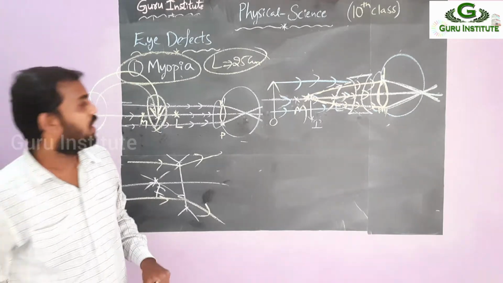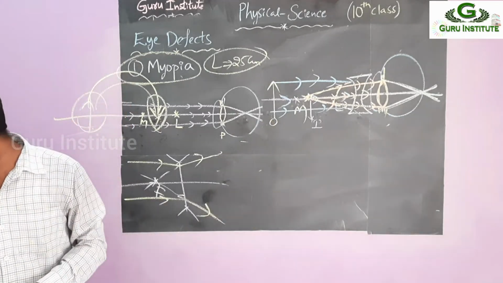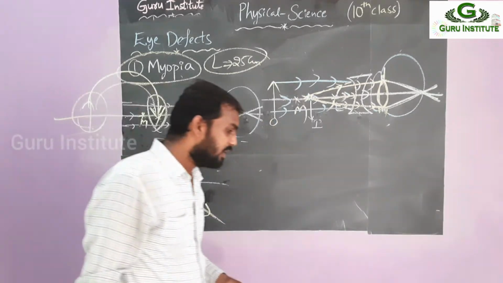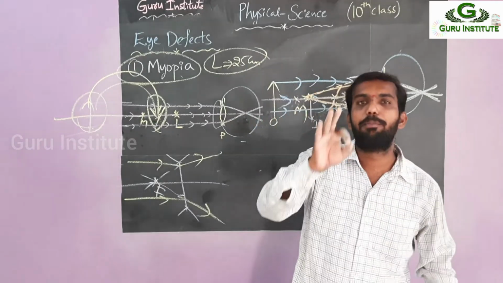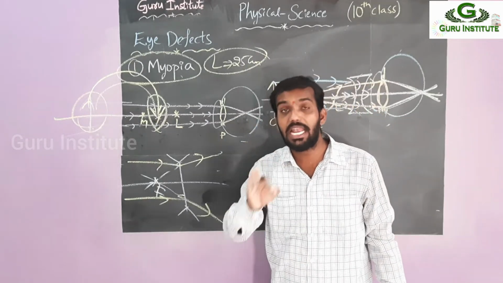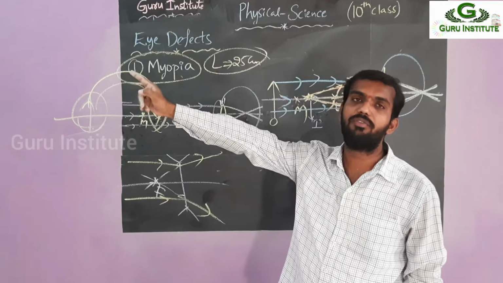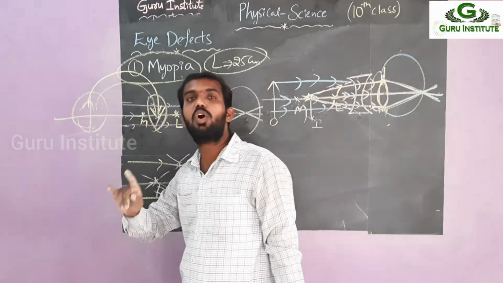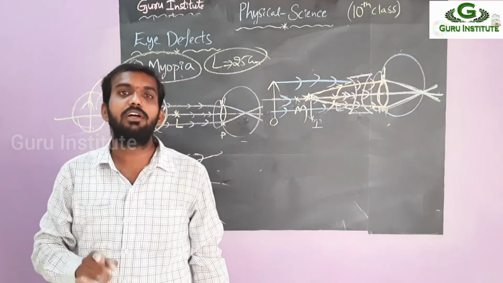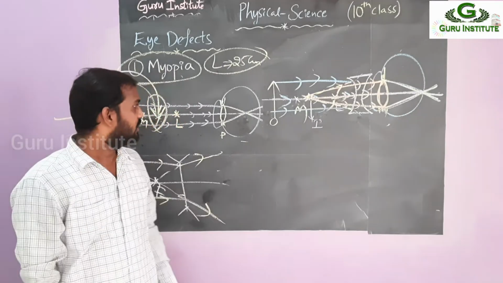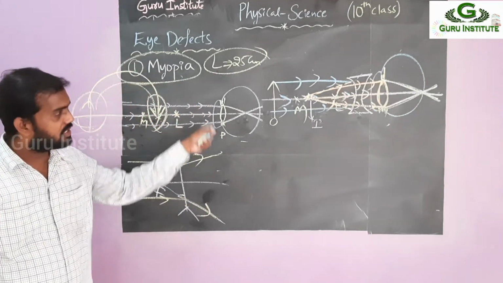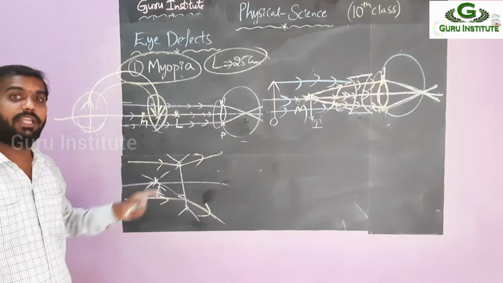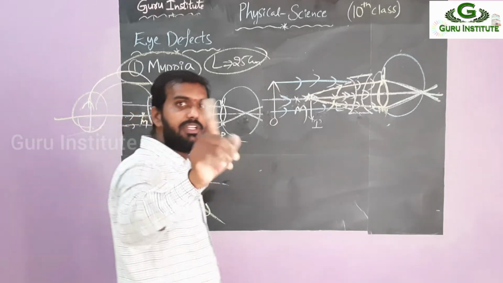Okay, so now this is about myopia. Understood? Once again, repeat, you see here. Myopia means a person can see near objects, but not far objects. It is also called nearsightedness. Why? Because you can see near only, right? Then L is the minimum distinct point. Already you can see the four pictures. After M you can't see. Between M and L you can see.